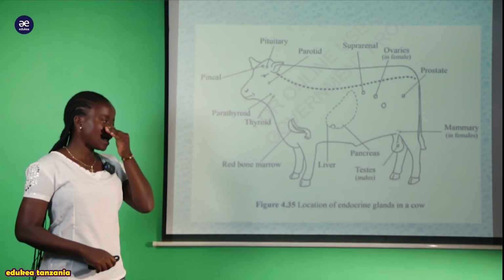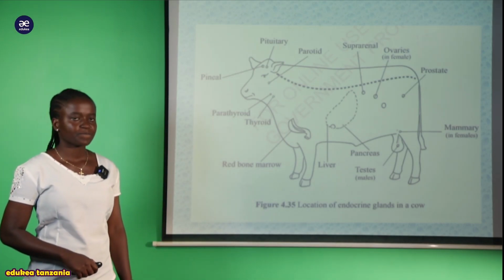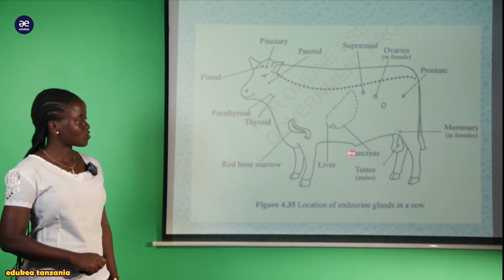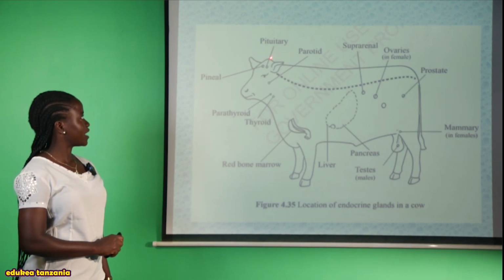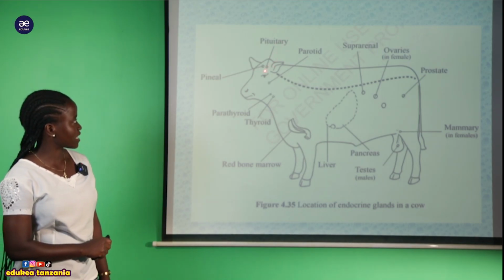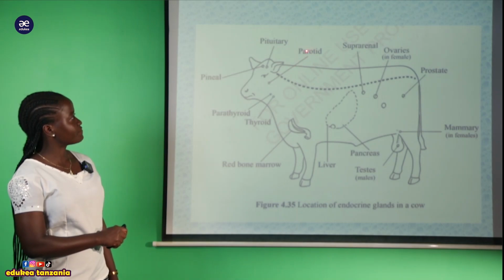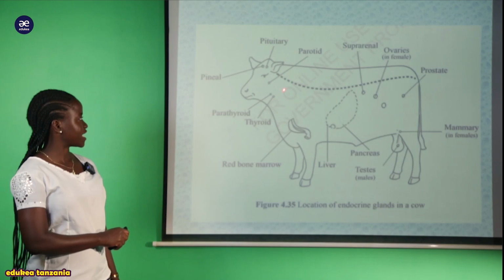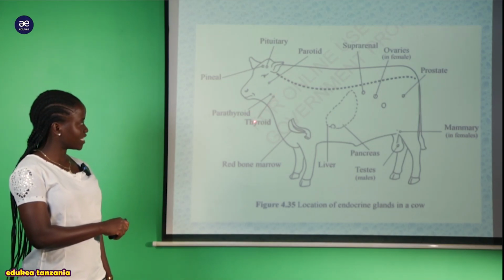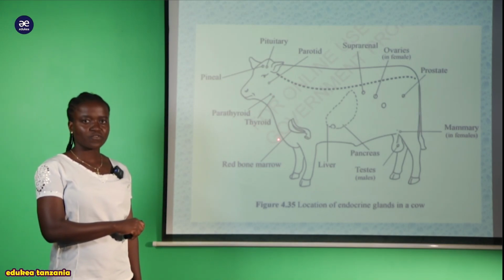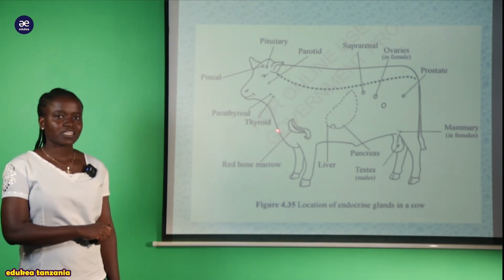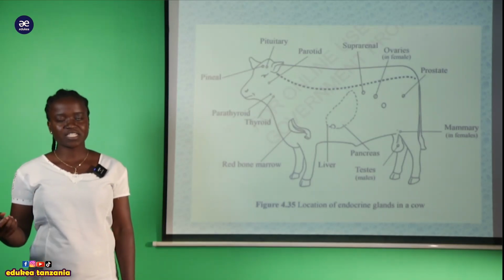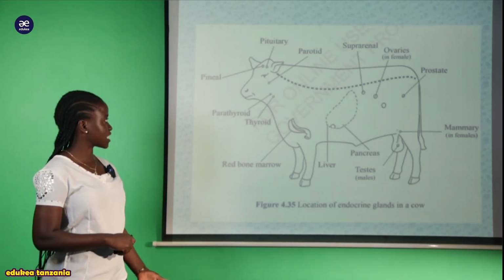So now the cow also has endocrine glands. Now you can see within this organism, mainly the cow, we have these pituitary glands. This one is the pituitary gland. Also we have this parotid. We have thyroid and parathyroids, where within this neck region there is production of thyroid hormone, and the thyroid hormone is responsible for providing growth. So you are going to see in the table the function of the thyroid hormones and thyroid glands.